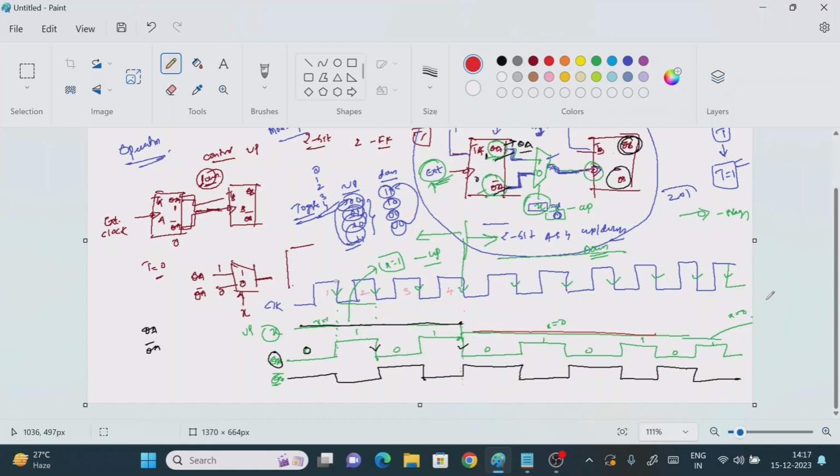This is for X equal to 0. X equal to 0 means it is performing the down count operation. For the down count operation, which one do we need to consider? The clock pulse is nothing but the QA bar. So this is nothing but the QA bar, and for QA bar we need to find out the negative edges. What is the negative edge here? From here to here it is the QA bar up count value. So this is a negative edge, this is one more negative edge, and this is one more negative edge.